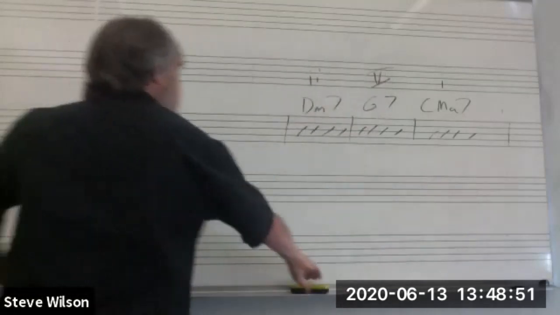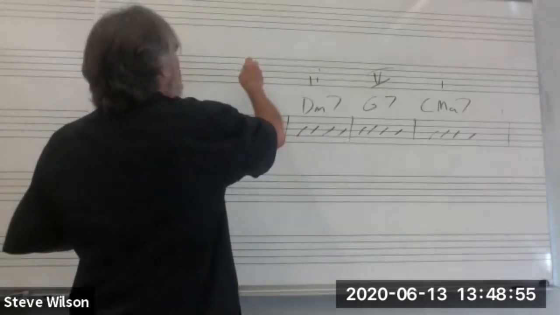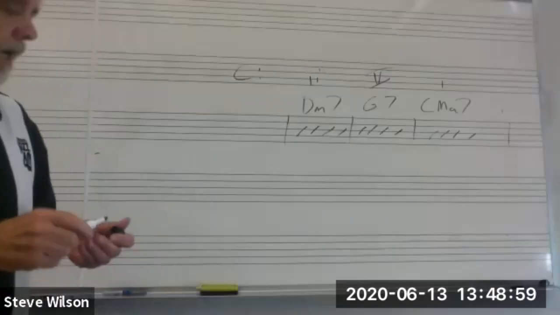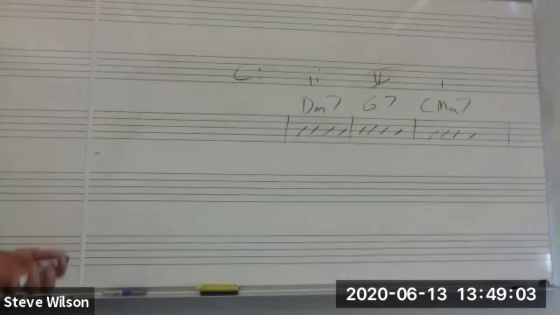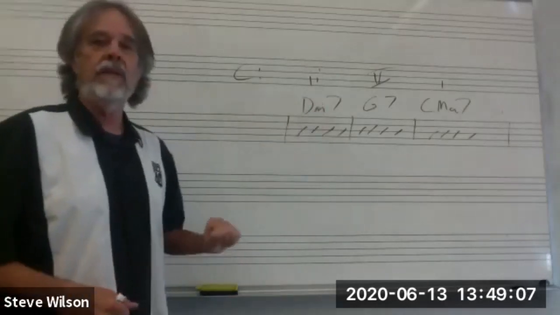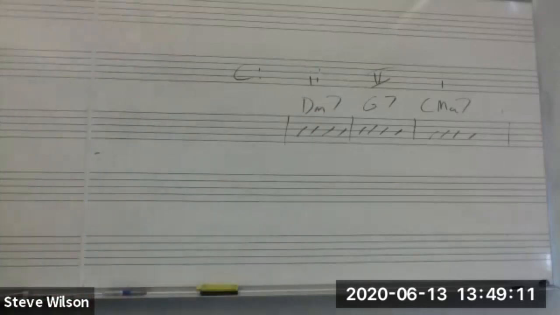You will hear people talk about 2-5-1 over and over again. It is probably the most common progression in traditional jazz, that is. I mean, a lot of times if you listen to really contemporary jazz, it's not used as much, but the 2-5-1 progression is very, very important in the study of jazz harmony. So we have,